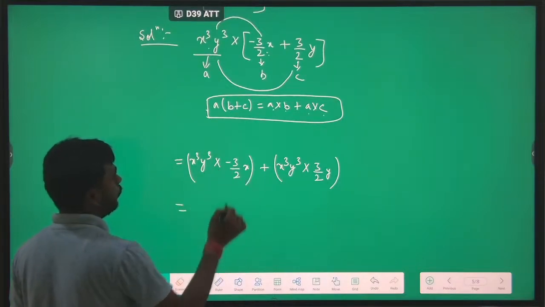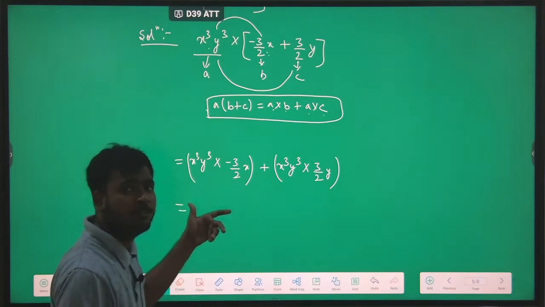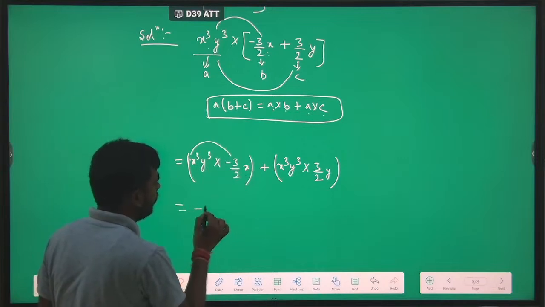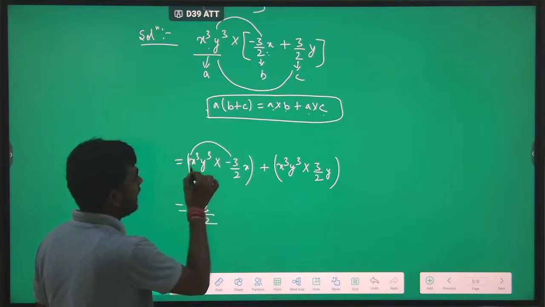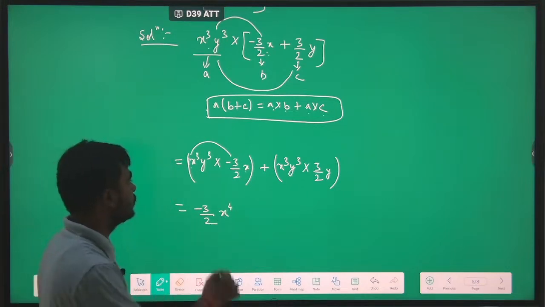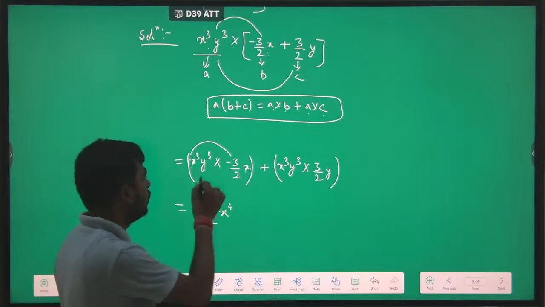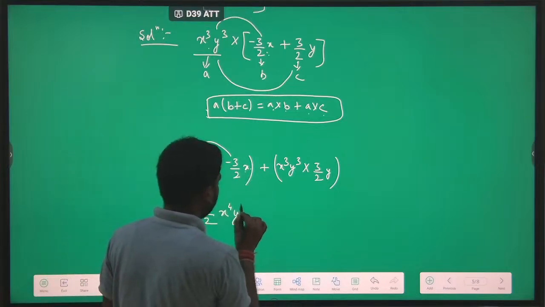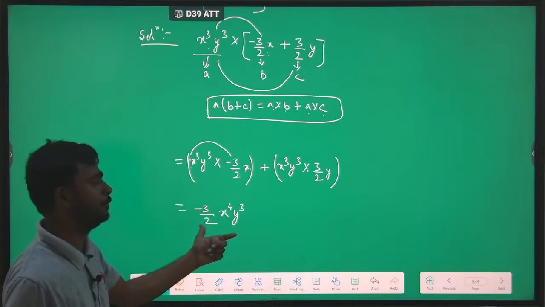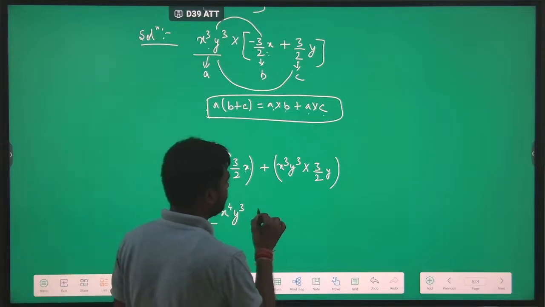This x cube y cube when multiplied with minus 3 by 2x, monomial into monomial form, what we will do? We will multiply this 1 with minus 3 by 2, and we will get minus 3 by 2. This x cube will be multiplied with x, so we will get x to the power 4. And this y cube will be multiplied with 1 because we have no term of y here. So y cube into 1 will be y cube. So on multiplying we will get minus 3 by 2 x to the power 4 y cube plus